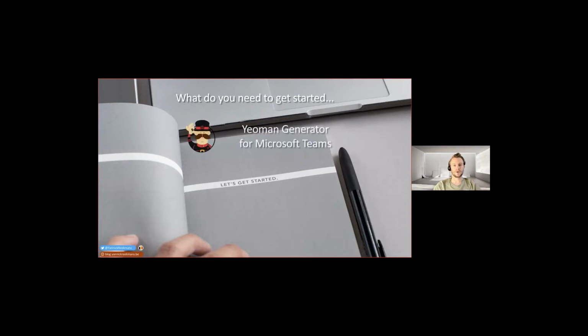First of all is the Yeoman Generator for Microsoft Teams. It's a community-driven project started by Wictor Wilén. And this Yeoman Generator for Microsoft Teams, if you run the command line tool, it's built on Yeoman, of course, just like the SharePoint Framework generator is built on Yeoman, so you might be familiar with it.